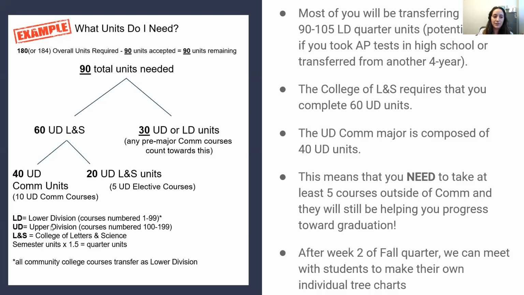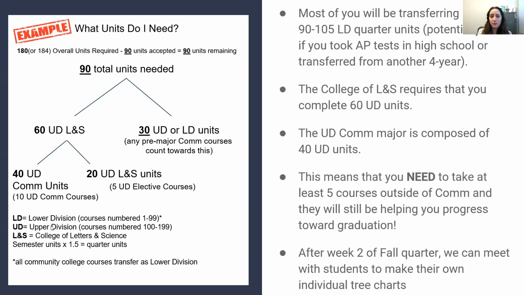So 40 is not enough to cover the minimum needed to graduate, which is 60. That means all students will need to take at least 20 upper division units of electives to meet the minimum graduation requirements, which adds up to be about 5 upper division courses if we're going off the fact that most classes tend to be about an average of 4 units each. These two numbers together are going to add up to be 60 upper division units, but 60 is not going to cover your total 90 units needed. So you may need additional units outside of your upper division unit requirement to hit your total needed to graduate.